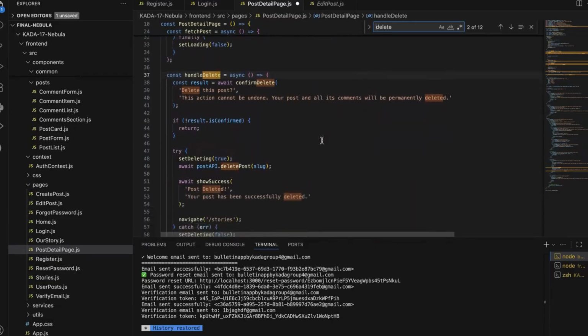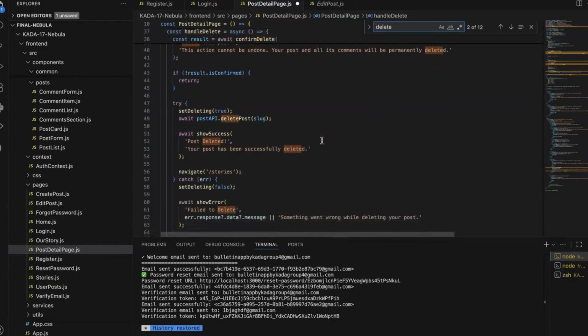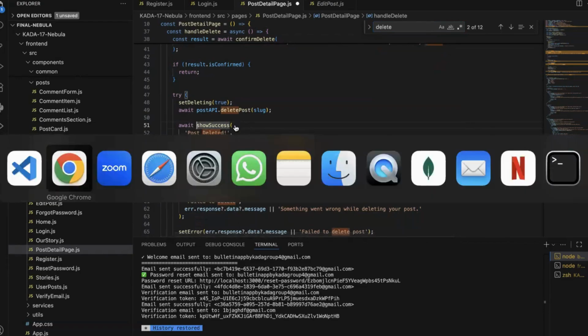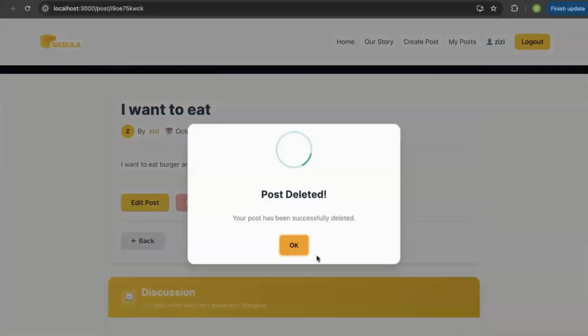And if it's true, there's going to be a wait, then it shows that the post is deleted, with the success message itself. Let's try it. Yes, delete, and this is how it looks.